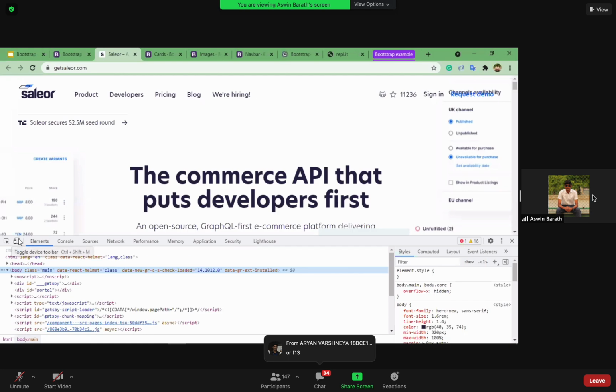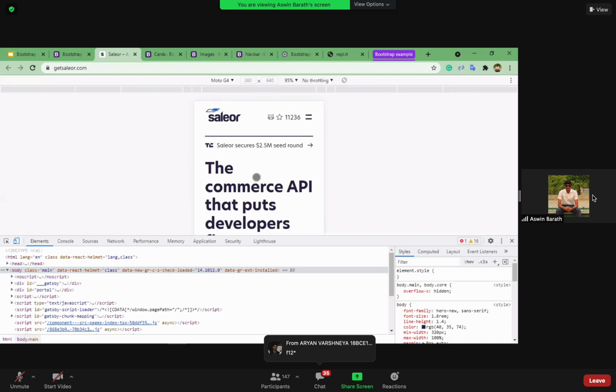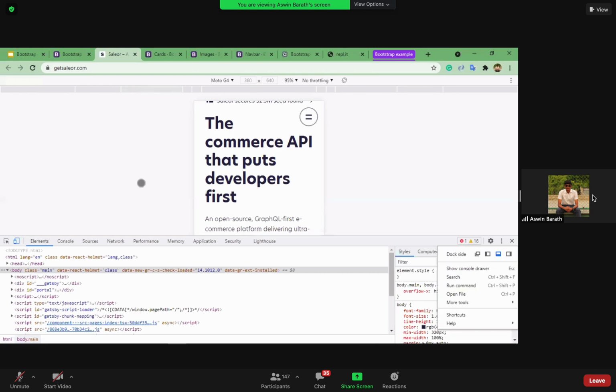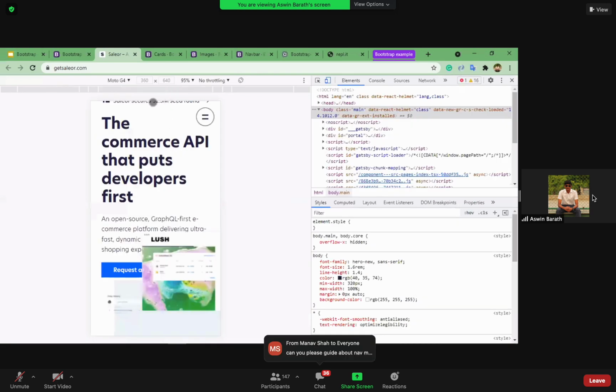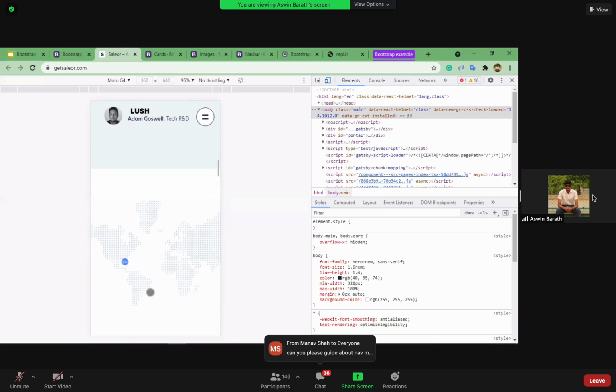Can you guys see this? If we click this, it will change into a mobile screen. Okay, so as you can see, it's responsive to mobiles as well, right?